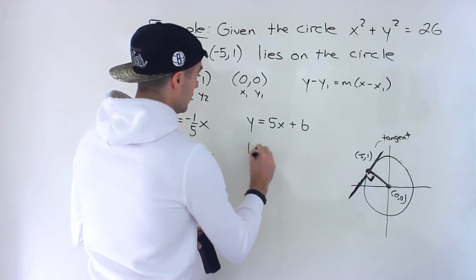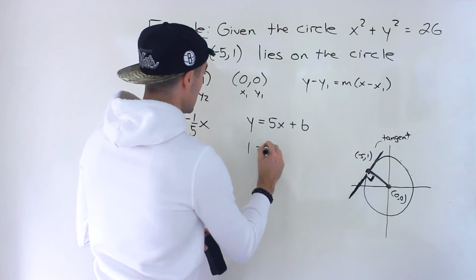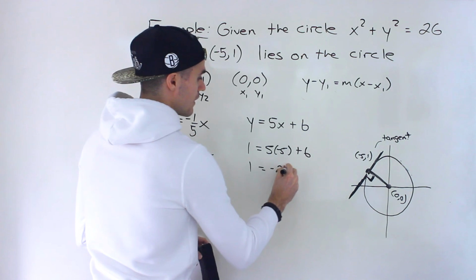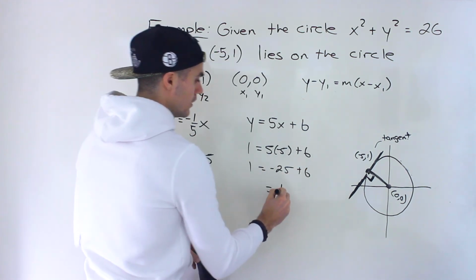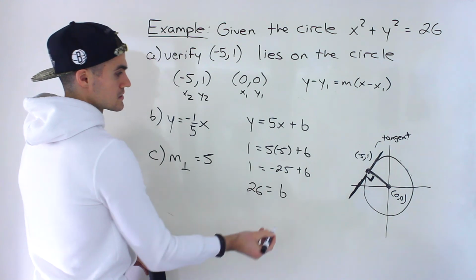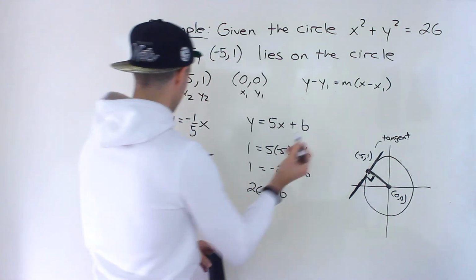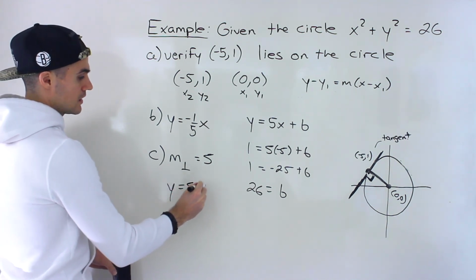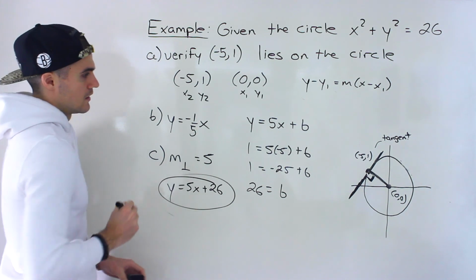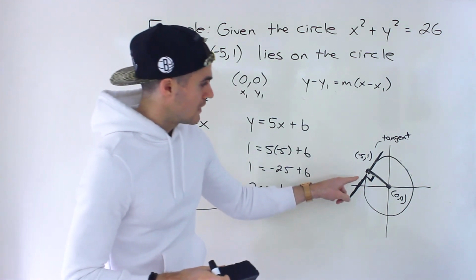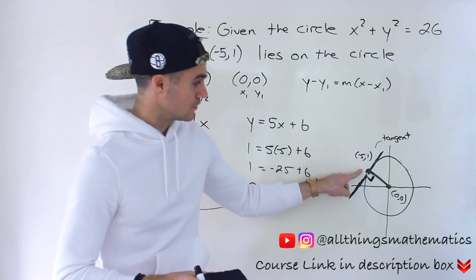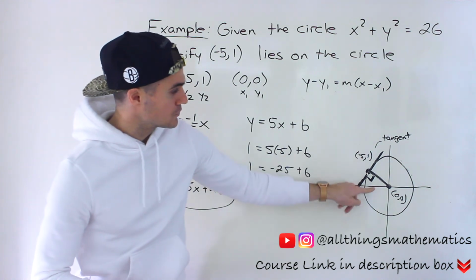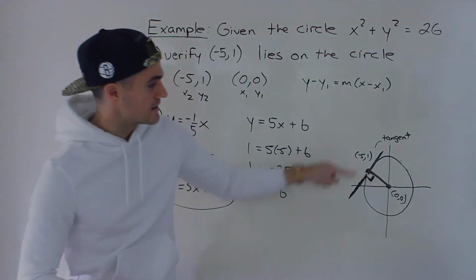So we'd plug in 1 for y, and then we'd plug in negative 5 for x. So we'd have 1 equals negative 25 plus b. Bring the negative 25 over. 1 plus 25 would give us 26. Okay, so the tangent line, the answer to part C, the tangent line has an equation y equals 5x plus 26. All right, so first we had to verify that that point lies on the circle, then find the equation from that point to the center, and then we found the equation of the tangent line, which is perpendicular to this line, and passing through that same